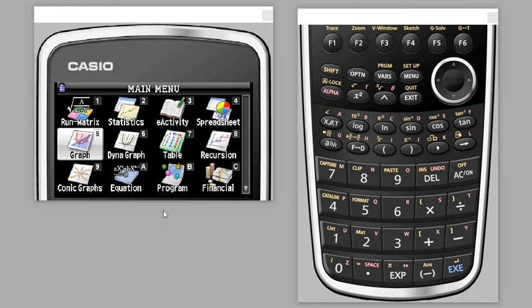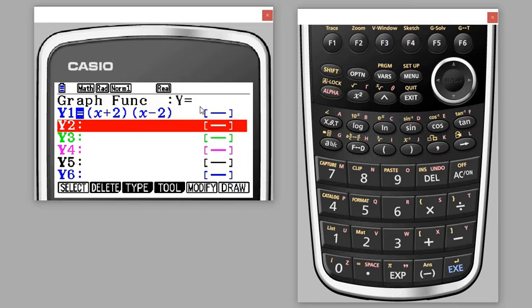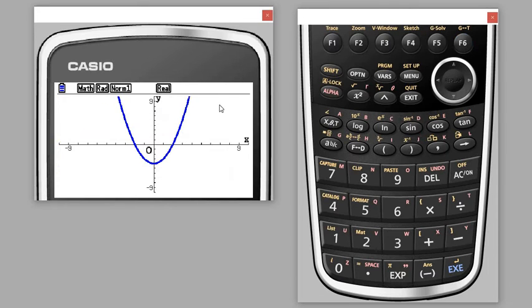Okay, in this video we're going to look at how we can find the area under the curve using our graphics calculator. So we're going to go into our graph menu. I've got a polynomial that I've put in there already, and there's my polynomial. To find the area under the curve, let's go between 0 and 4. So I'm going to go up to G-solve, I'm going to go across, and I want to go on